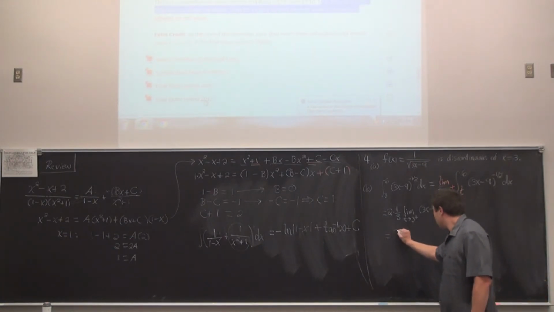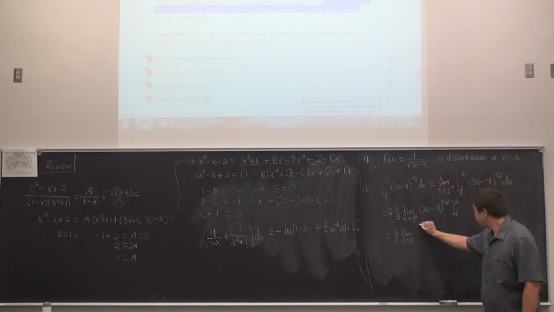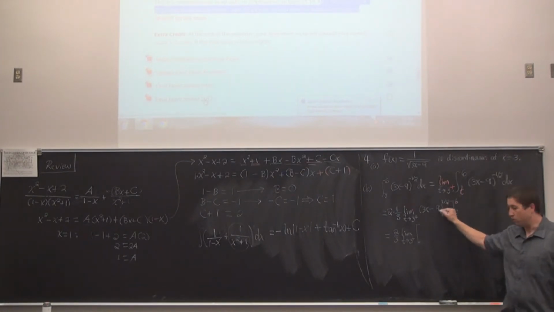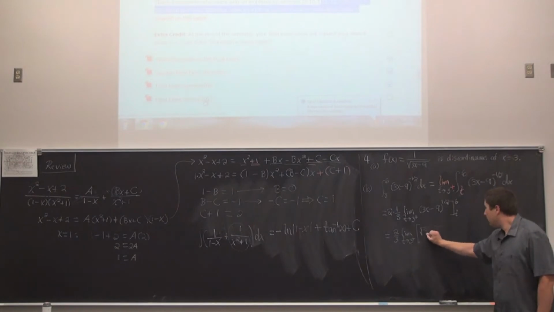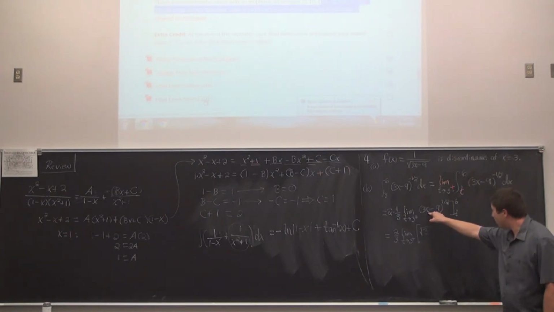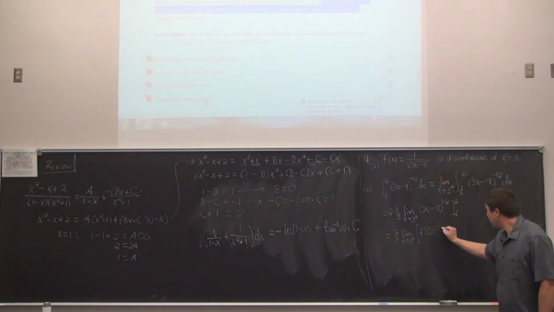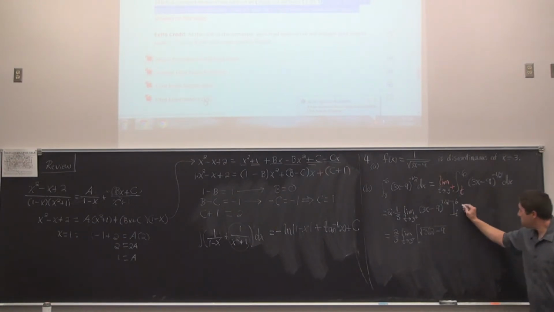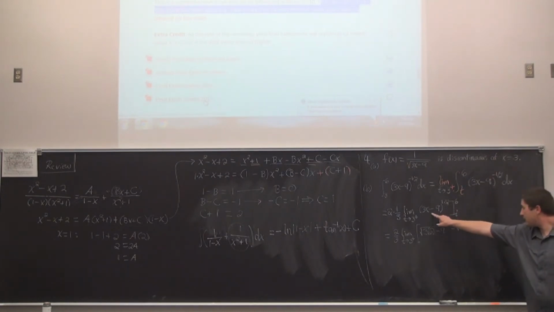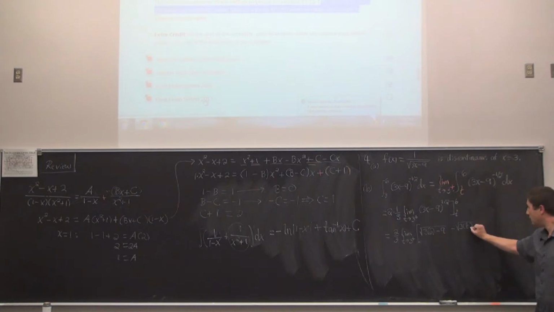We'll write that this is 2/3 times the limit as t approaches 3 from the right. The next portion would be the evaluation. I'll write this as a root of 3, inserting 6 first, the upper limit of integration, minus 9, then minus the square root of 3 times x takes on the value of t, minus 9. So that's what it would look like after the evaluations. Does that look okay to folks to that step?